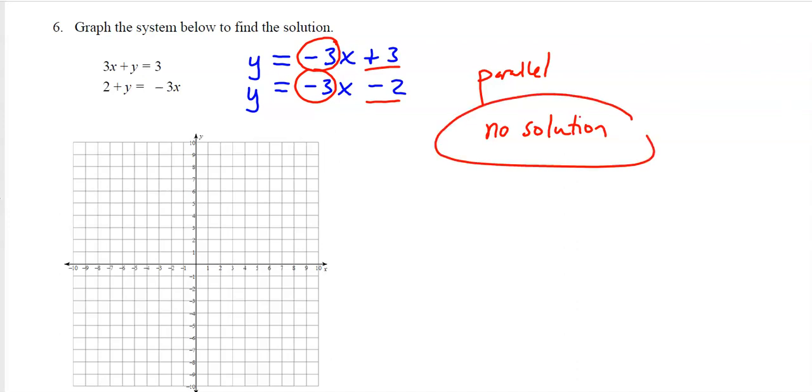If we were to graph it, positive 3, dropping 3 over 1. And then if I do the minus 2, dropping the 3,